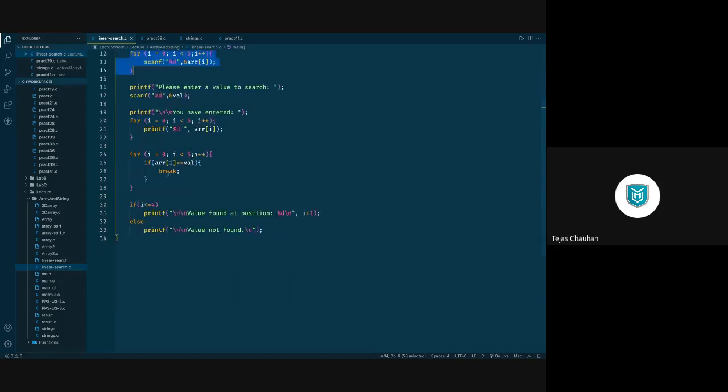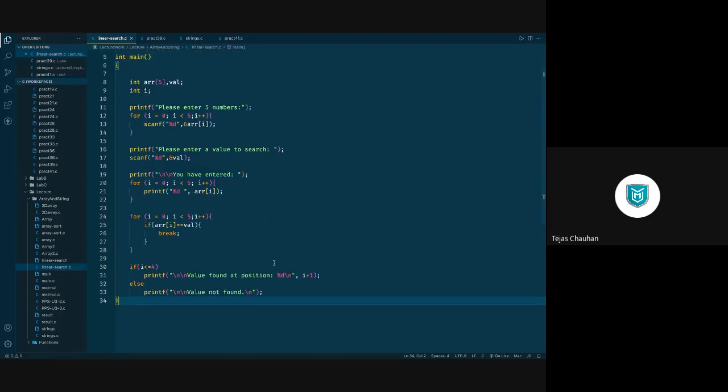In that case, you can use a flag here. Otherwise, आपको length find करनी होगी. I hope you all remember what a flag is. If you found your character, you set your flag, and at the end, based on the flag value, you say whether the character was found or not found. That's the very simple process of searching for an element.